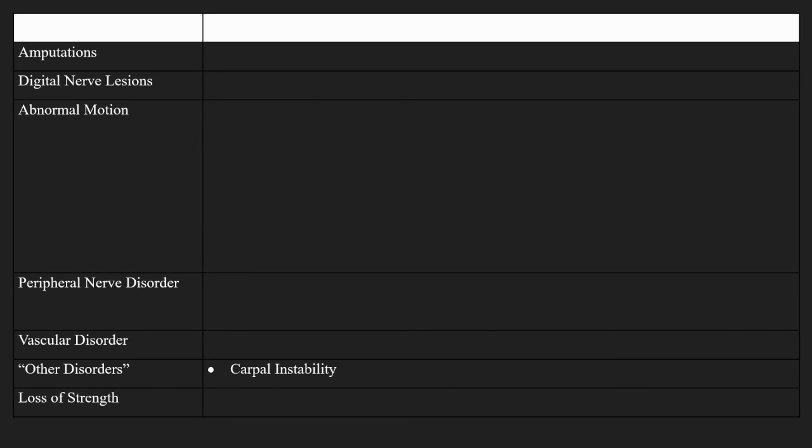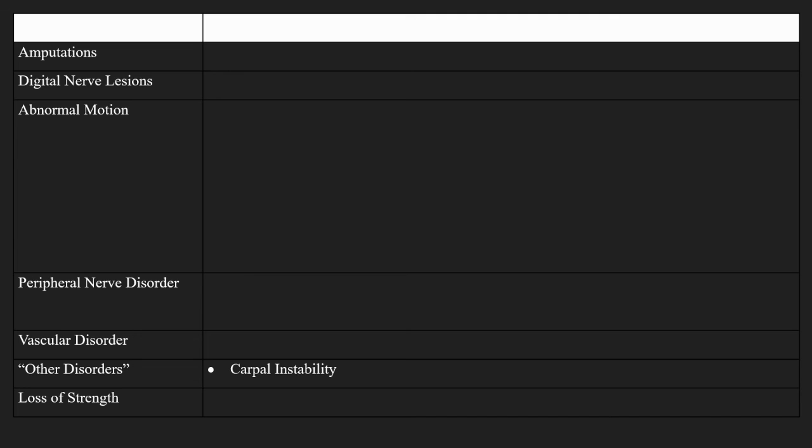So here's another table that lists the impairments of the upper extremities that are described in Chapter 16 of the AMA guides. There are impairments due to amputations, impairments due to digital nerve lesions, impairments due to abnormal motion, and she had normal range of motion of the wrist, so she did not qualify for impairment due to abnormal motion. She did not have peripheral nerve disorder, she did not have vascular disorder, she did not have loss of strength,